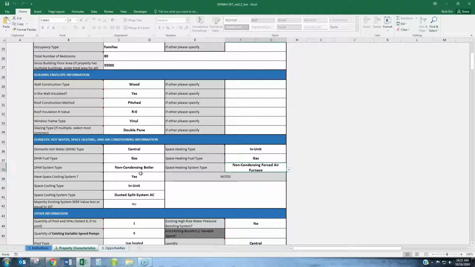And then air conditioning. So obviously all properties are going to have hot water and space heating, but not all properties have air conditioning. So the first question we'll ask is, is there an air conditioning system at the property? If the answer is no, then you no longer need to fill in additional information. If the answer is yes, then select whether it's in-unit or central air conditioning, air conditioning type, and then based